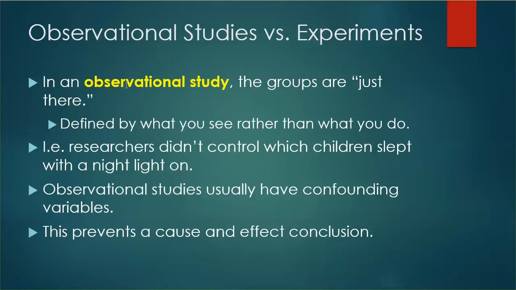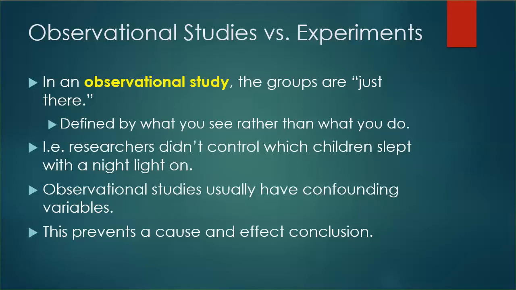Well, in an observational study, you're just observing. You're just looking at the world as it is. Any groups you can find are sort of just there. They're defined rather by what you see rather than what you do. So, for instance, yesterday we talked about the children with the nightlight on. The researchers didn't control which children had the nightlight on. They just asked the parents whether they had the nightlight on or not, and then they looked at the data